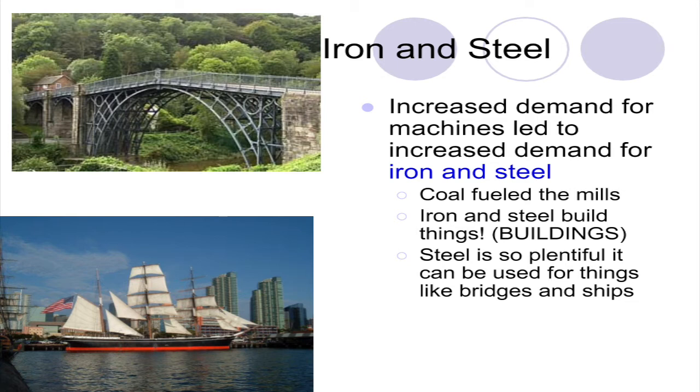So again, on the bottom left, you can see a very famous boat down in San Diego called the Star of India. Up on the top, you can see a really strong bridge that's being used to connect areas together. Cars can go across it eventually, and again, it helps connect land spaces together, and other types of things in terms of buildings are created and stuff that we still see today.